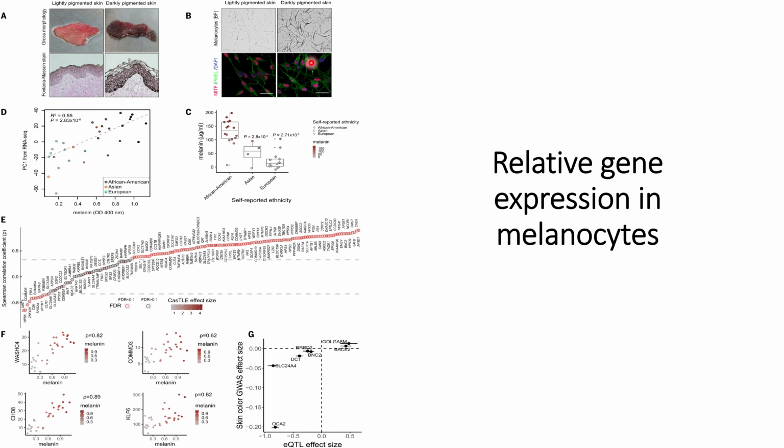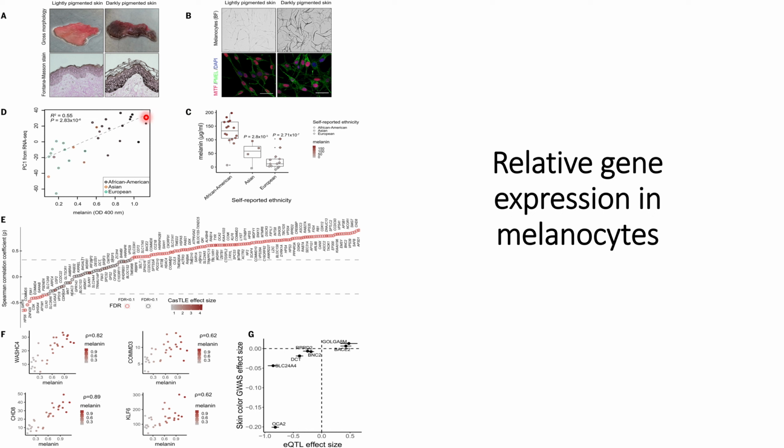In the darkly pigmented skin, they can see the high expression of melanocytes and more expression of the genes that are involved in this pigmentation. So this observation supports their hypothesis that in darkly pigmented skin there could be a relatively high expression of the genes involved in melanocytes compared to the lightly